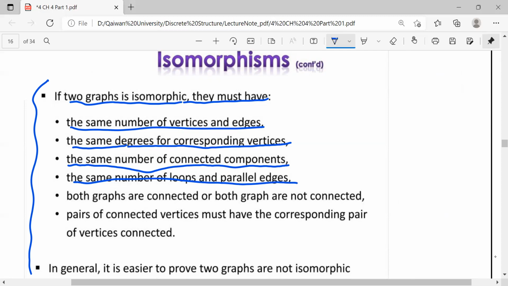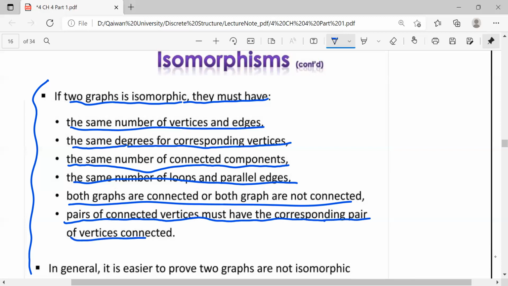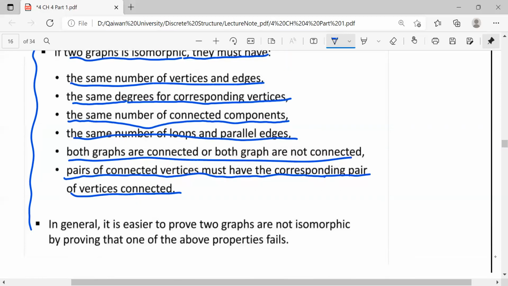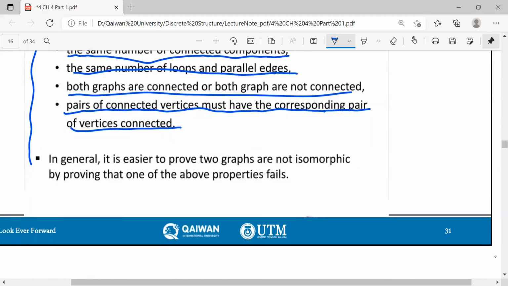If one of them is connected, the other one must be connected also. If one of them is not connected, the other one must not be connected either. Pairs of connected vertices must have the corresponding pair of vertices connected. If two vertices are connected in one graph, in the other graph they must be connected. Okay. It says, in general, it's easier to prove